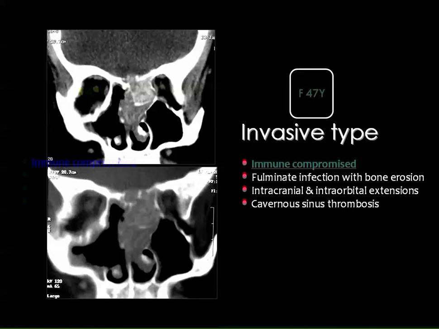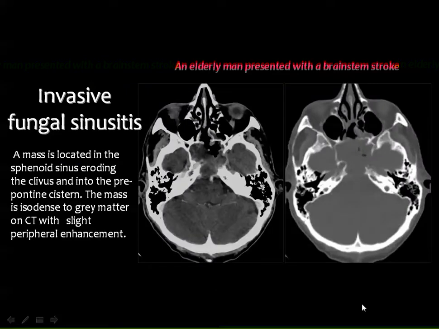In the invasive type, you get bone destruction, and this is frequently seen in immune compromised patients, with invasion or destruction of the sinus wall. Then you get intracranial extension, intraorbital extension, and maybe also, if this is in the sphenoid sinus, cavernous sinus thrombosis. Then this is a CT scan of an invasive fungal sinusitis of an elderly patient presenting with